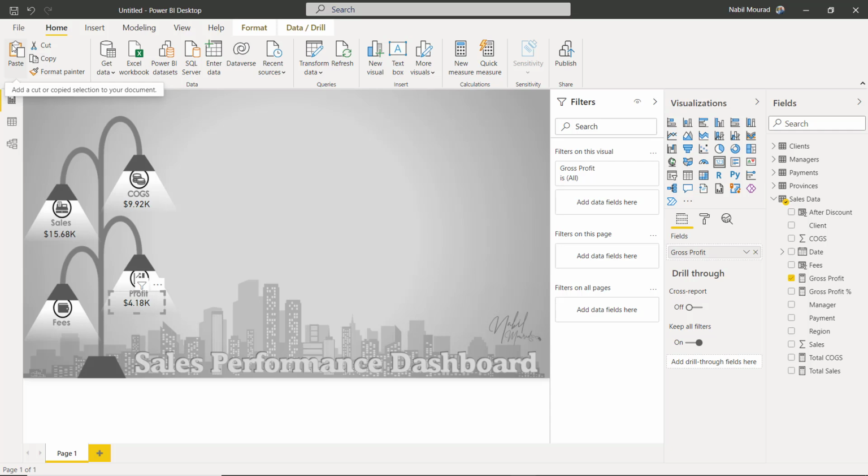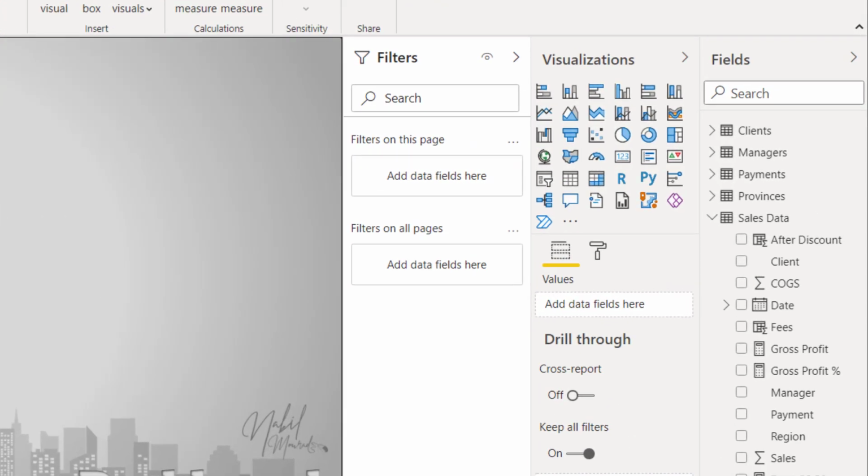I want to copy and paste, and now I can replace the field and use the fees instead. When I drag it and drop it, I get the sum of fees. That will be fully interactive when I create my slicers. Make sure you are deselecting the cards, and the next step will be creating a line and clustered column chart